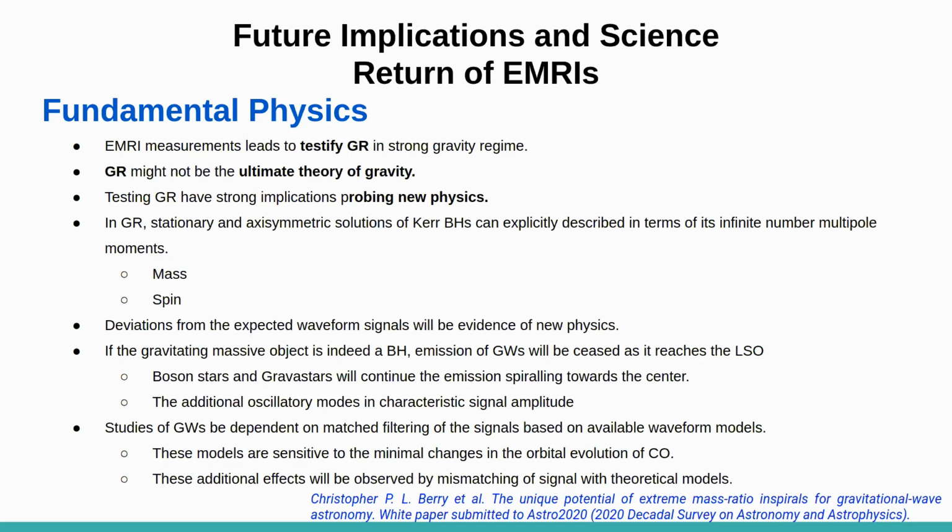So for detection and parameter estimation purposes, we have to go for Markov chain Monte Carlo solutions, and in those cases, it's like we are in a jungle and there are trees of different heights. Likewise, there will be different multimodal solutions, and maybe the Markov chains may get stuck on some secondary maxima, and they may not inform us about the true value of the parameter. So these systems are highly complicated, and for detection and parameter estimation purposes, we have to go for some new methods and